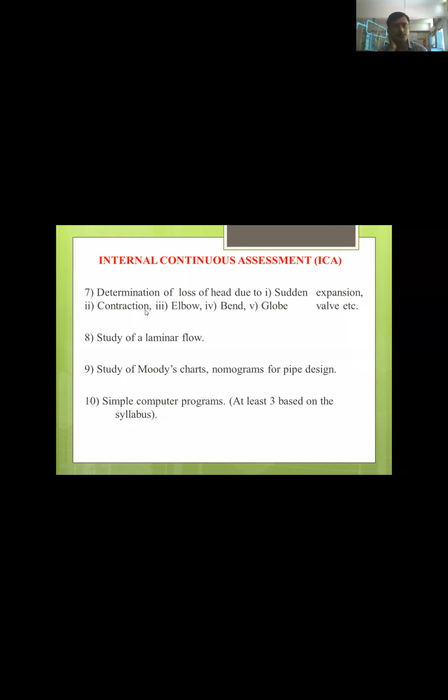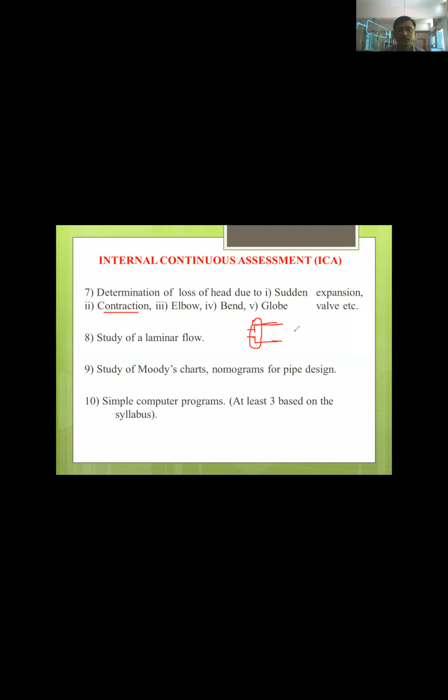All this is clubbed under the title of minor losses. These are the different arrangements, or you can say accessories, which we use to connect different pipe networks. Like sudden expansion, you might have seen. So you are going to learn this also in unit number 5. Sometimes a pipe is of smaller diameter, and then we connect that smaller pipe to the larger pipe. Here a sudden expansion in the cross-sectional area of the pipe occurs, and because of that head loss takes place. So this loss is called the head loss due to sudden expansion.